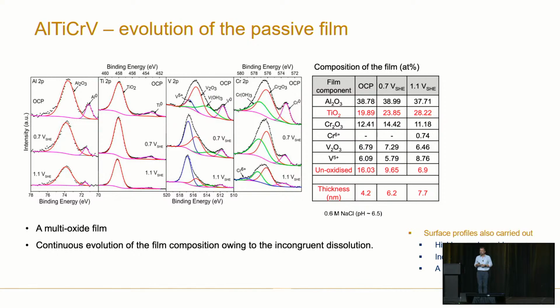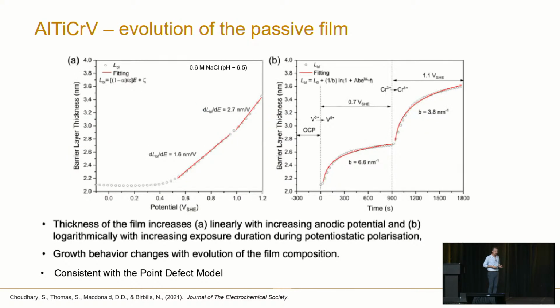Unoxidized metal means you have metal atoms sitting happily in the passive film. And of course, what you see here is a complex cocktail of other elements in the passive film in non-stoichiometric ratios. So the passive film is even more complex than we actually would have thought, and actually includes a lot of unoxidized metal, which is really, really interesting. And these are characteristics actually quite universally of high entropy alloys, and are a bit of a clue as to why they're so passive.